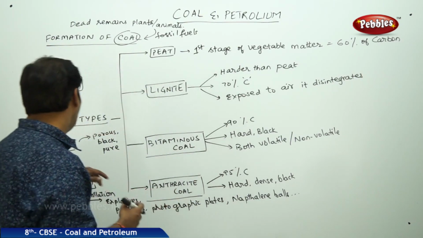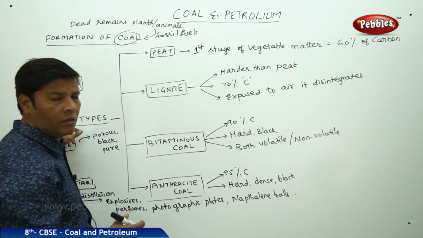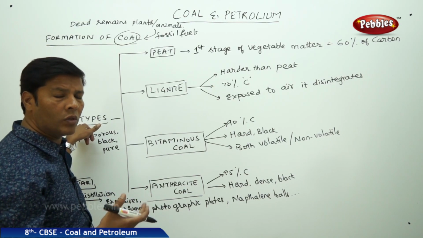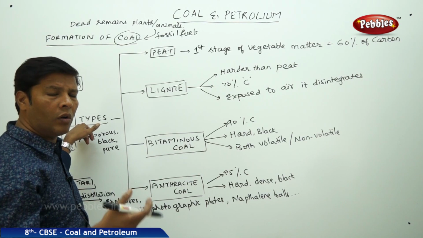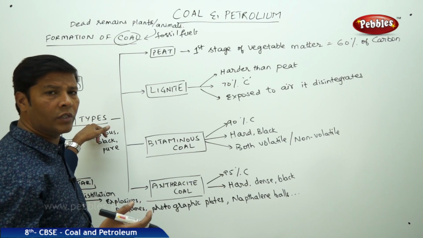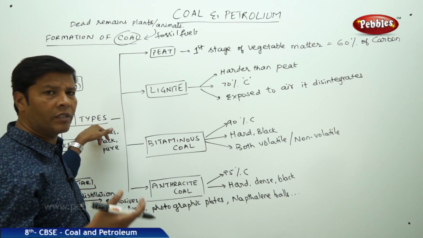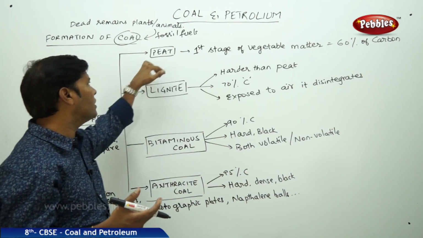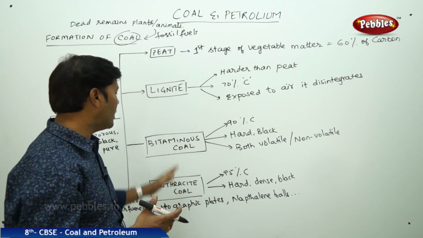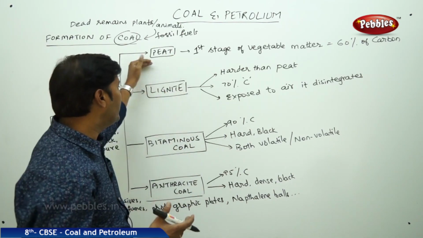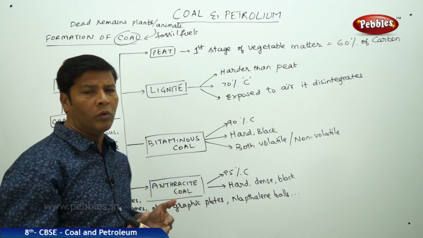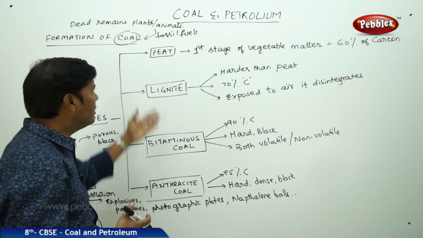In fact, when we say coal, the main element present in the coal is carbon. This carbon, sometimes depending upon the availability of its resource, we can call it as coke. Carbon and coke and coal all mean one and the same. When this coal, which is having vegetable matter, is subjected to decomposition, it gives different batches of amorphous forms of carbon. All these come under the amorphous allotropic forms of carbon: peat, lignite, bituminous coal, anthracite coal. Then we have many more, lamp black, animal charcoal. Many are there, but among all those, these are very important.